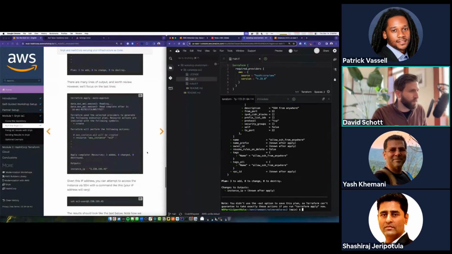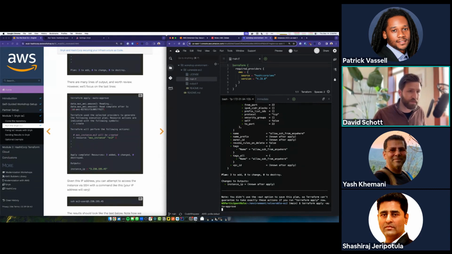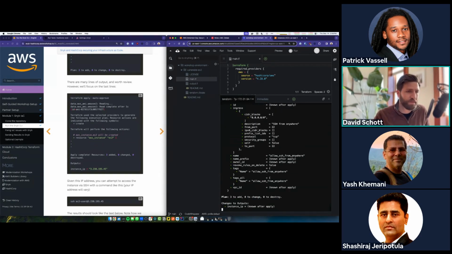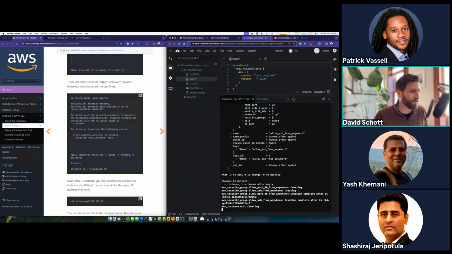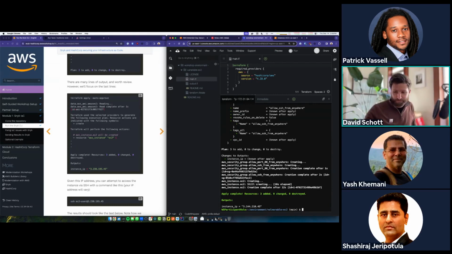So finally, we actually deploy some infrastructure, and that's going to be terraform apply, and then --auto-approve. You don't need auto approve, but it's just going to skip the part where it says, are you sure you want to deploy this insecure infrastructure? And in this case, we do. So let's go ahead and deploy it. This is going to take just a couple of minutes to deploy. Not even. What did that take, like 6 seconds?